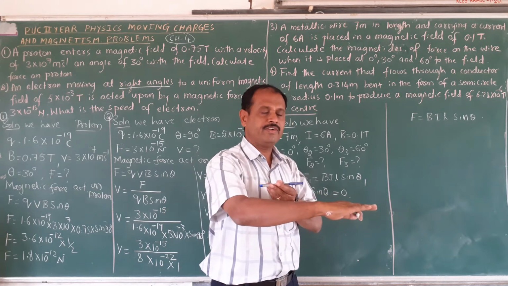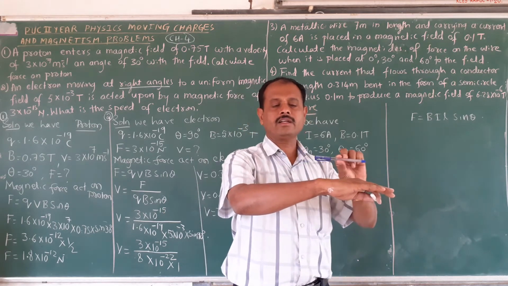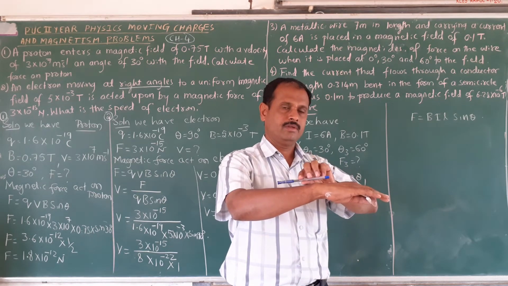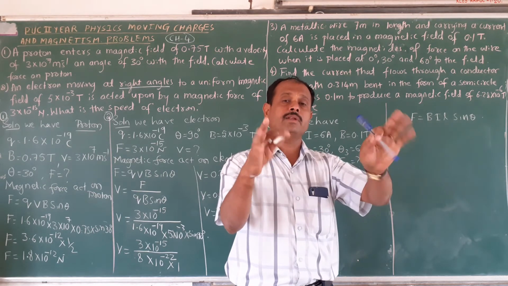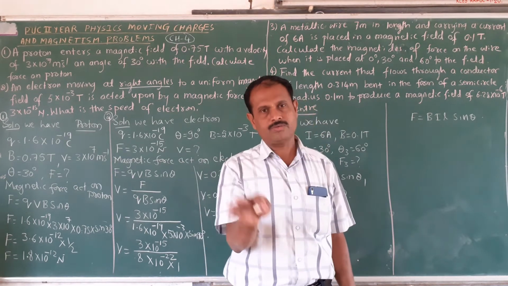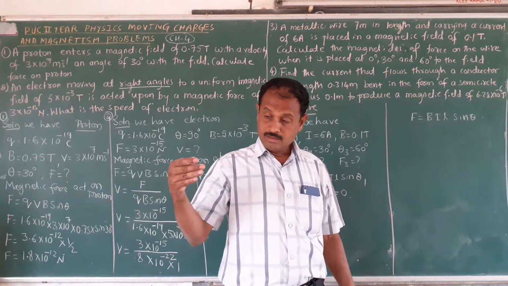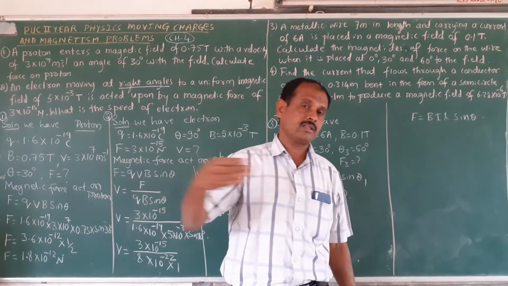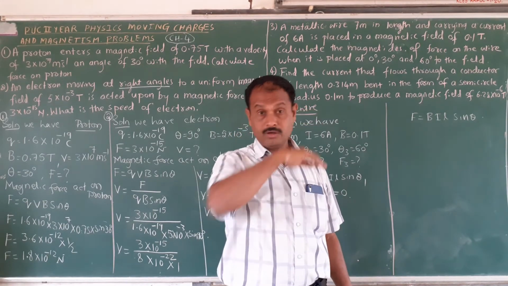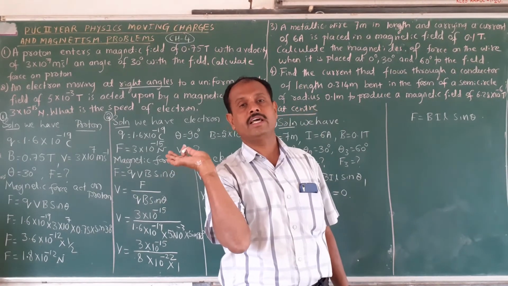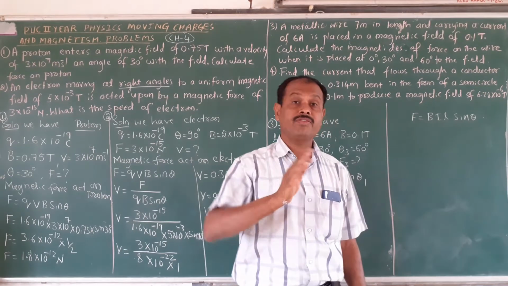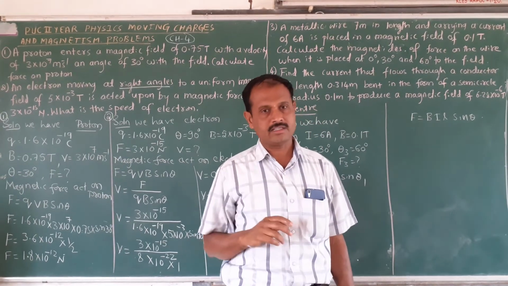Suppose this is the magnetic field, but the current carrying conductor is placed like this. It means theta is 180 degrees. If theta is 180 degrees, at that time also no force acts on the conductor. Theta equal to 0, no force acts. It means the magnetic field and the current in the conductor are in the same direction. Or the magnetic field is in the opposite direction, still no force. At different angles from 0 to 90 degrees, force acts on the conductor.